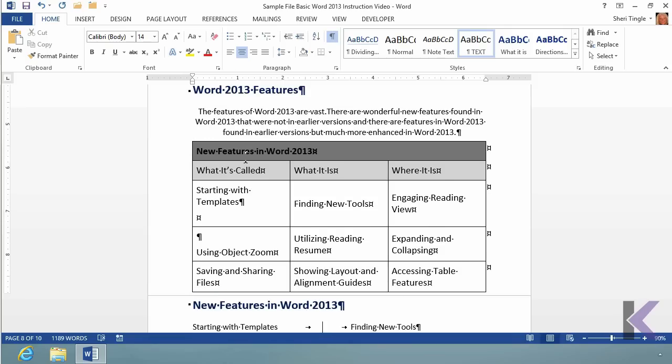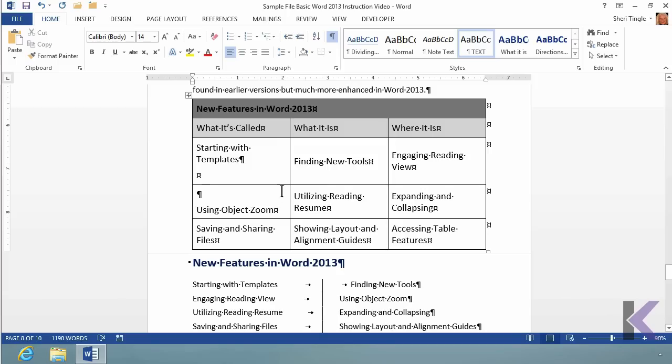Now in reality, I just want to hit my backspace key. I'll put the space back in and I'll left align. So I put it back the way it should look, but it gave you some information there about hard and soft returns. Continuing down our page, what we have here is a table,